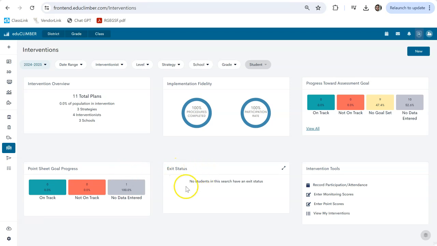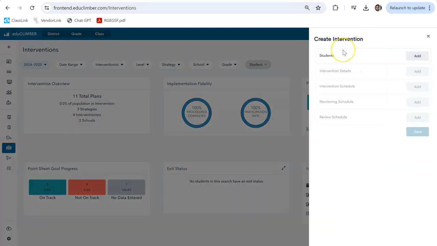The bottom right will show you how many students have exited from an intervention, and the far bottom right will show you your overall intervention tools, particularly recording attendance, entering monitoring scores, tracking behaviors, and looking at all interventions assigned to you. We'll return to all of those, but right now we're going to create an intervention using this button